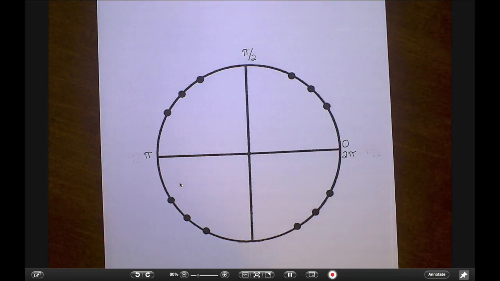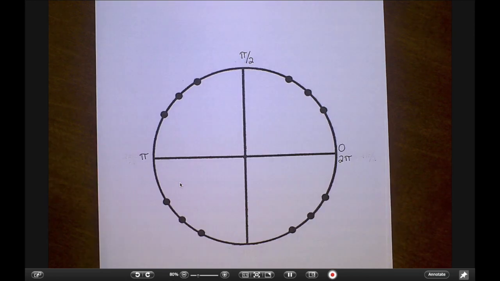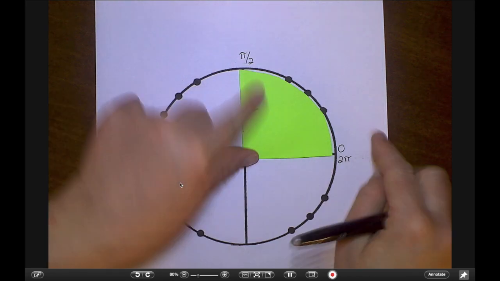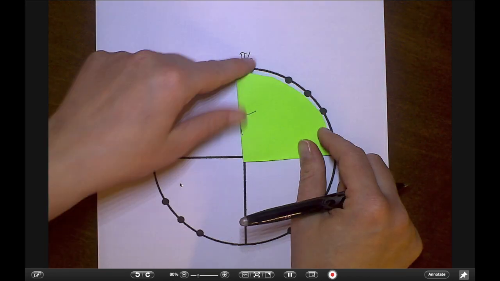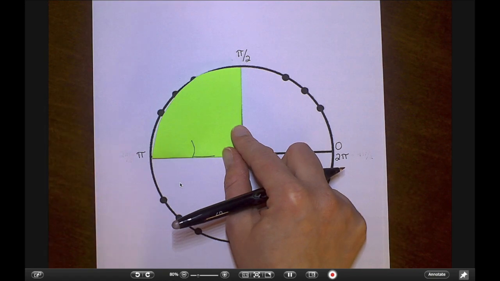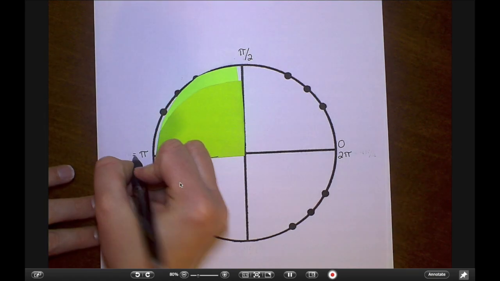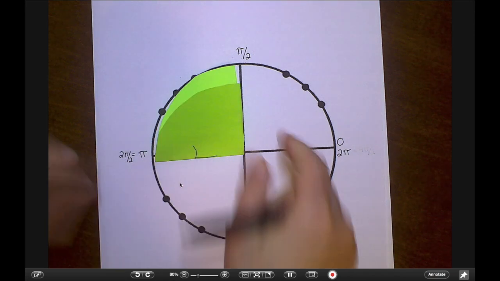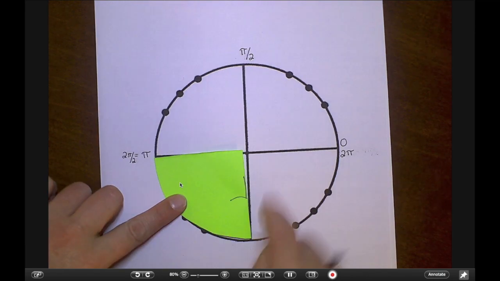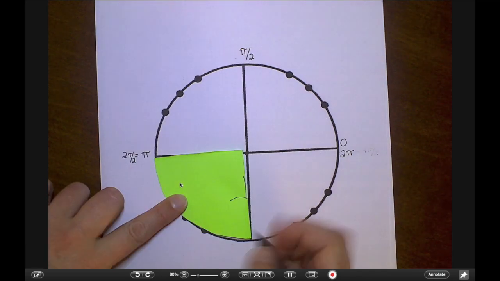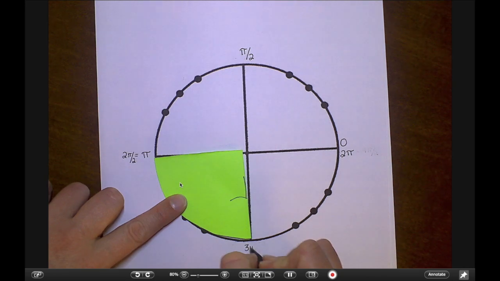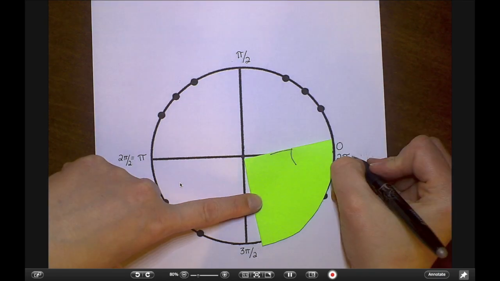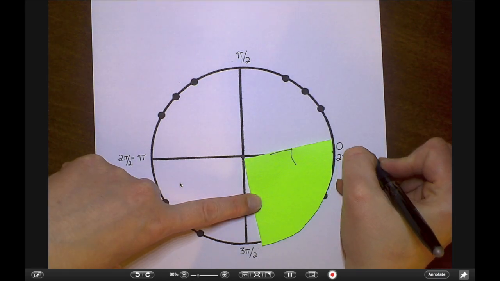So if I'm counting in terms of pi over 2, really pi over 2 then would be this much, right? That's pi over 2. If we're counting in terms of pi over 2, here's 1 pi over 2. Here's 2 pi over 2. Now we would normally call that 1 pi, but I'm going to mark it as 2 pi over 2 also. Here's 3 pi over 2. If I keep going, 1, 2, 3 pi over 2. And then finish it out here, and now I'm at 4 pi over 2, which is the same as 2